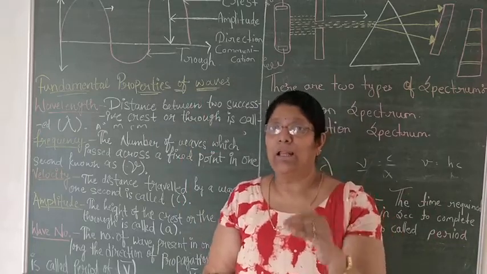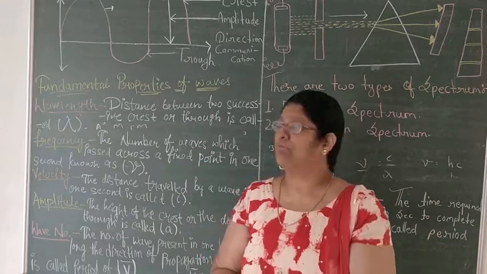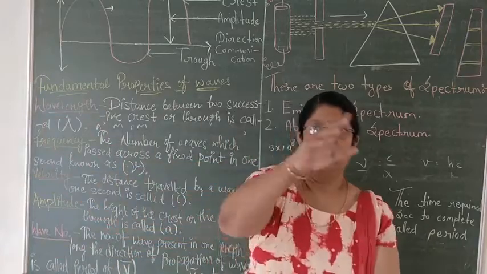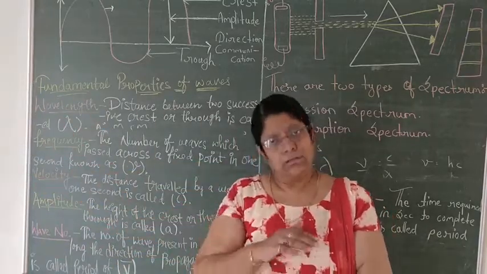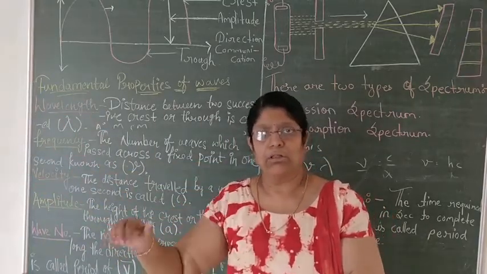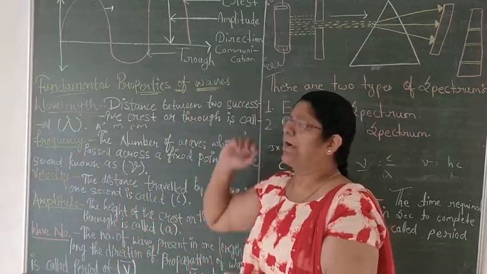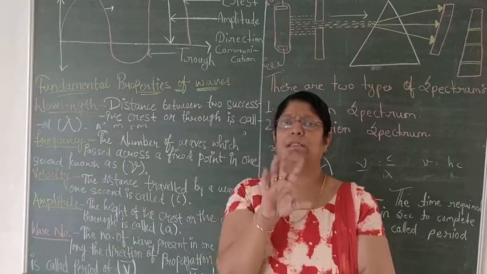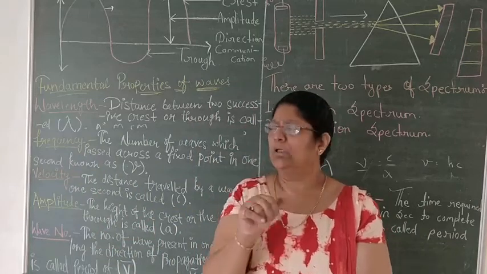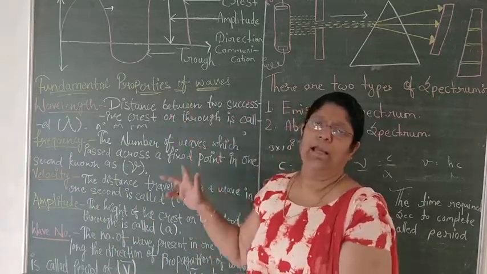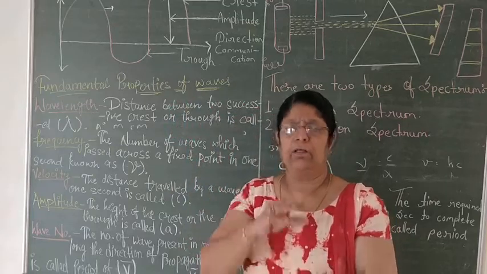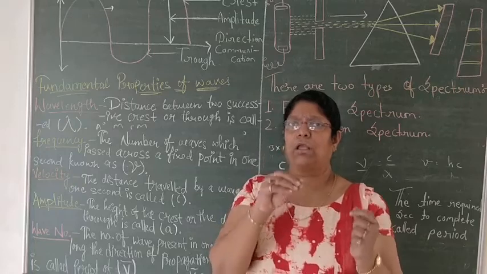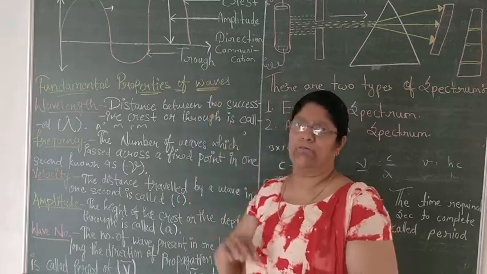And all the light is a transverse wave. Transverse wave means they are moving like this, perpendicularly, according to the situation, going on their path. If I am talking about wave, I know right now that they consist of two fields. One is electrical field, another is magnetic field. Because of these two fields, we are talking about electromagnetic wave.